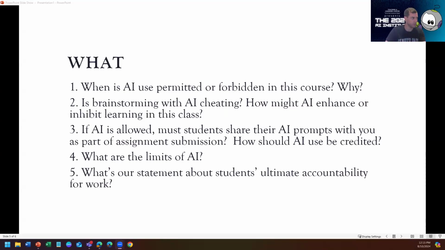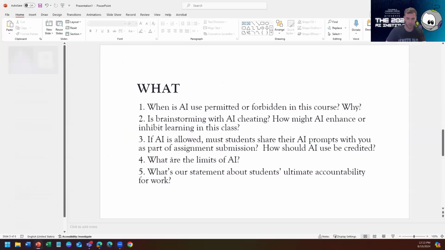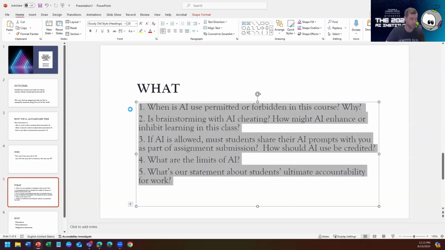So let me put these in the chat, and I'm going to attempt a breakout room. It worked earlier. I don't know if it's going to work out here. Those are the numbers, and I'm going to make 5 rooms.